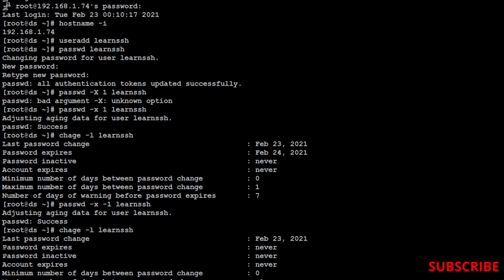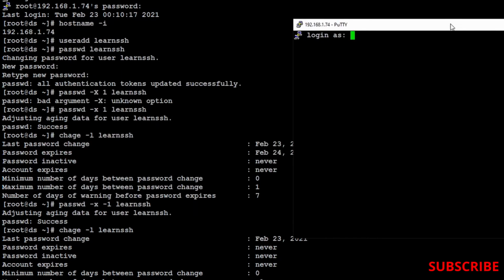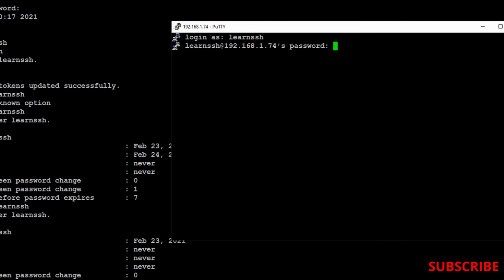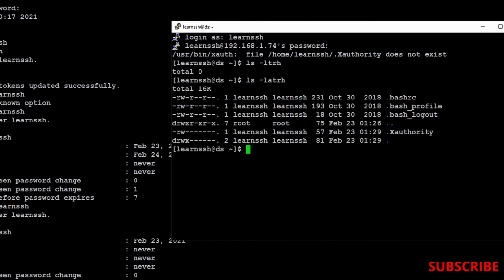Now what you have to do is log into the same machine using the duplicate session we have created, and then su learn SSH, and the password will be whatever password you have set for this user, and done. You're logged in. Now if you see, you don't have any .ssh directory.